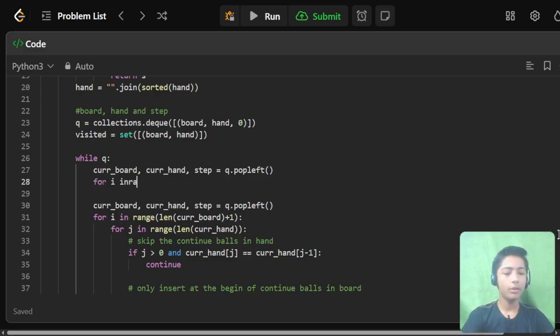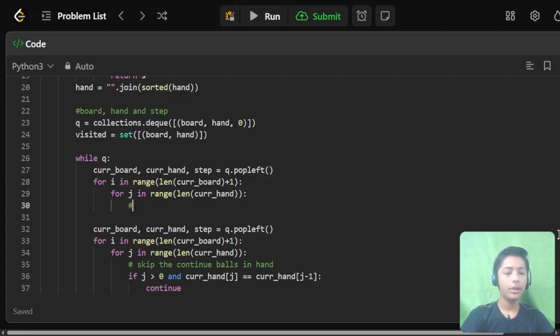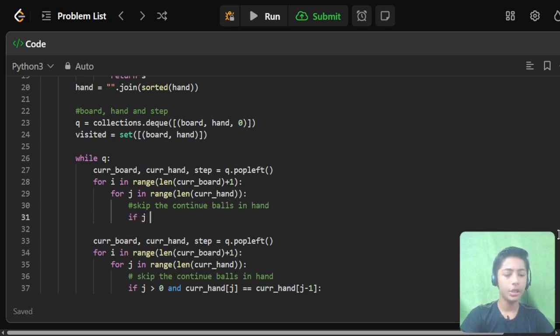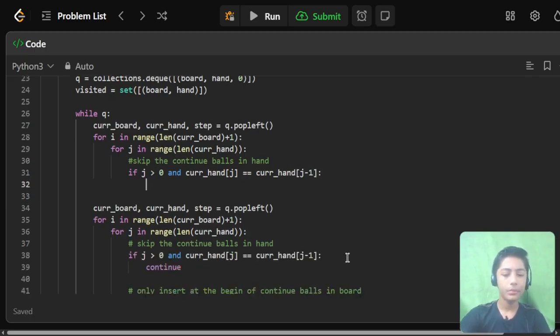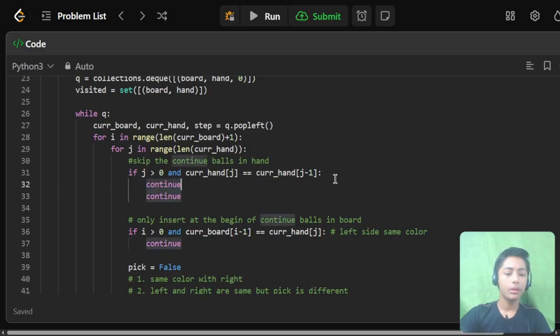Now for i in range(len(curr board) + 1): for j in range(len(curr hand)): here I am defining a comment, skip the continuous balls in hand: if j > 0 and curr hand[j] == curr hand[j - 1], continue.